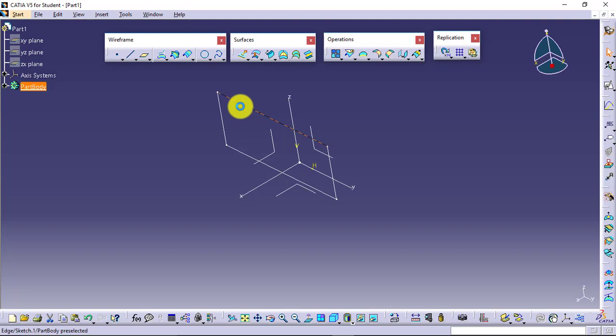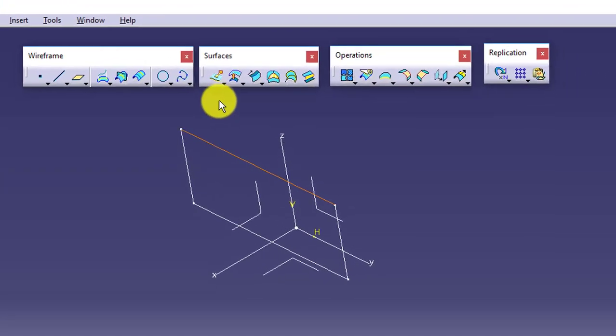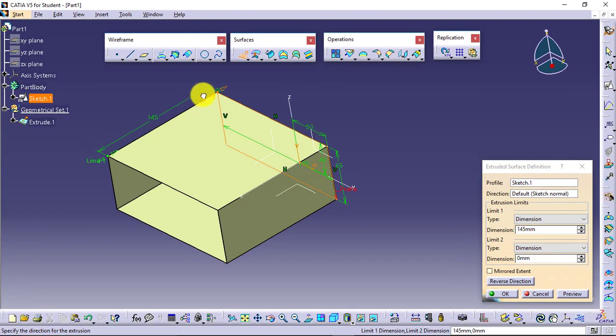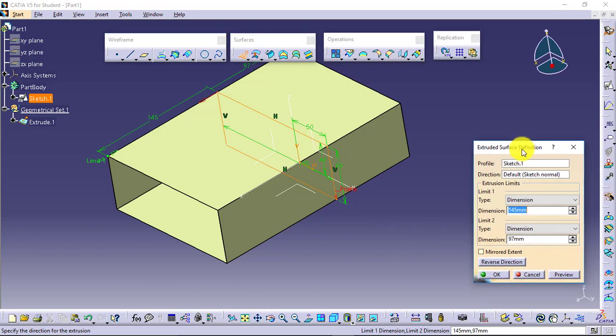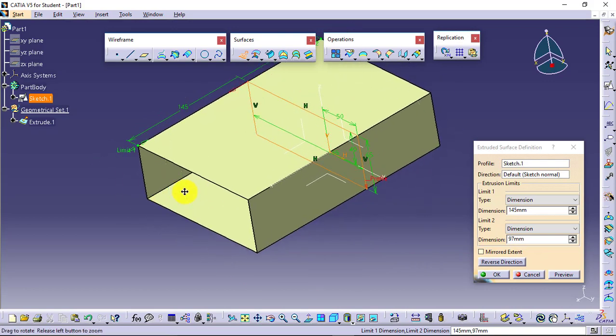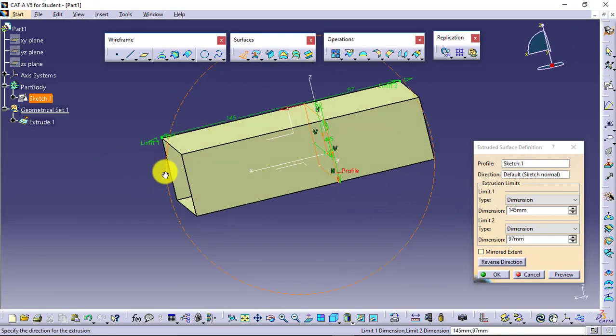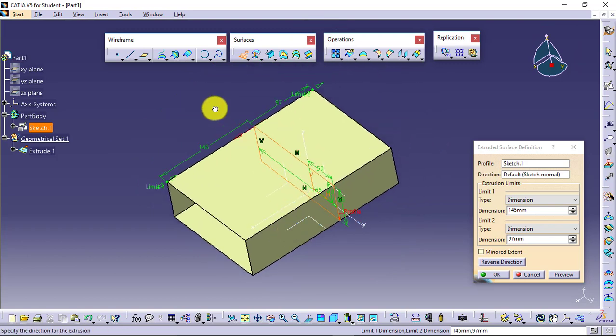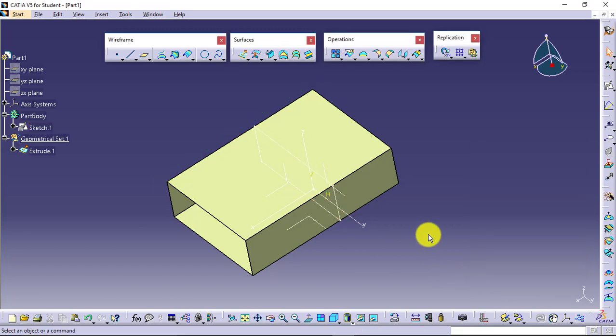I will select the sketch. Sorry, it has not been selected. Extrude. Yes, so you can see this is how I can give limit 1, I can give limit 2. It is similar to what we had seen in the pad and pocket. Up to element is similar to up to next. Similarly, it is available. Mirrored extent also we can do, and we can change the direction as per our own requirements. You can see over here, this is actually a hollow portion, and it is showing a different color as well, which indicates the surfaces. I will say OK to this.